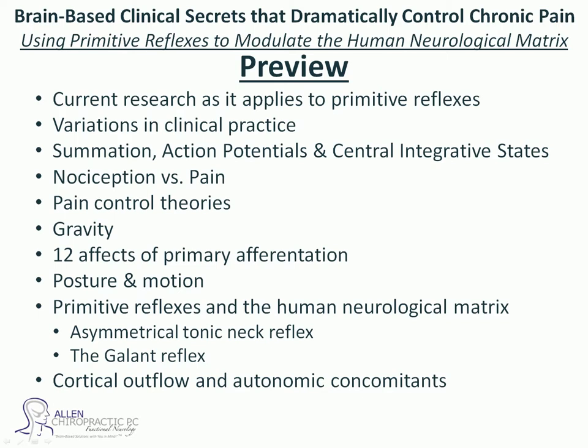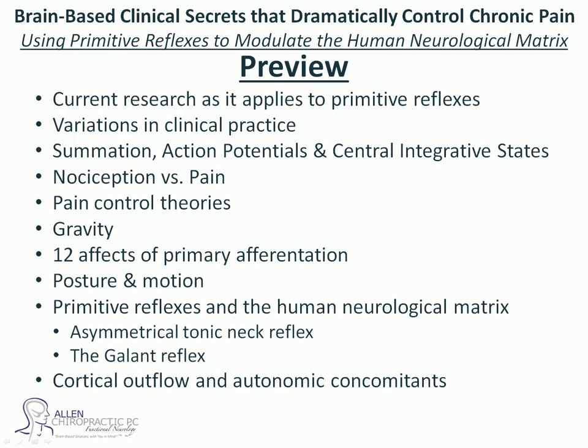First, let's look forward to where we're going. We'll look at some current research as it applies to primitive reflexes. We'll talk about variations in clinical practice, summation, action potentials, and central integrative states. We'll talk about nociception and pain. We'll talk about a couple of pain control theories, and we'll discuss gravity and how it affects the human nervous system. We'll talk about 12 effects of primary afferentation, posture and motion,